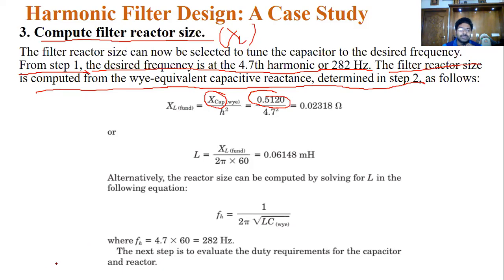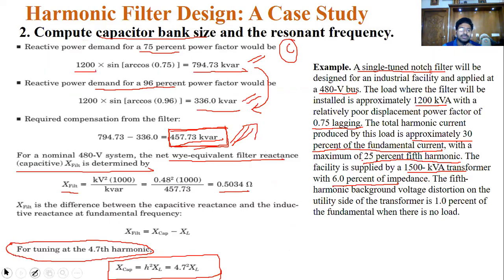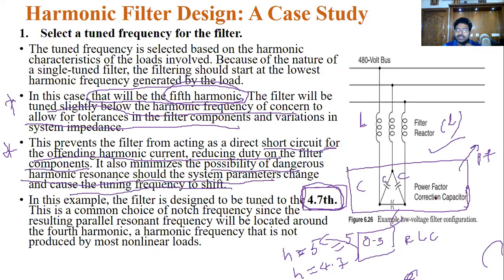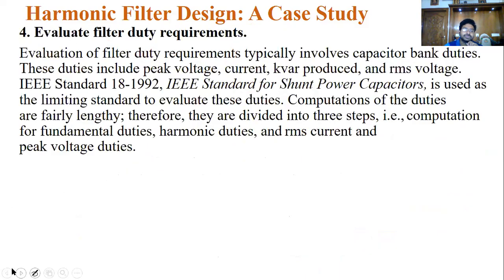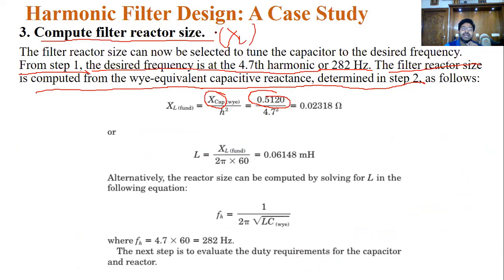A Y-type transformer you connected. Remember, the connection here is delta. Likewise, a Y-type, and here they connected the delta. So this is the transformer connection. At the same time, the capacitor bank connections. You can see this. Second point, you calculated the capacitance value. Third point, they can ask for the XL value. The XC value you have already calculated. That is 0.5120 according to our problem.